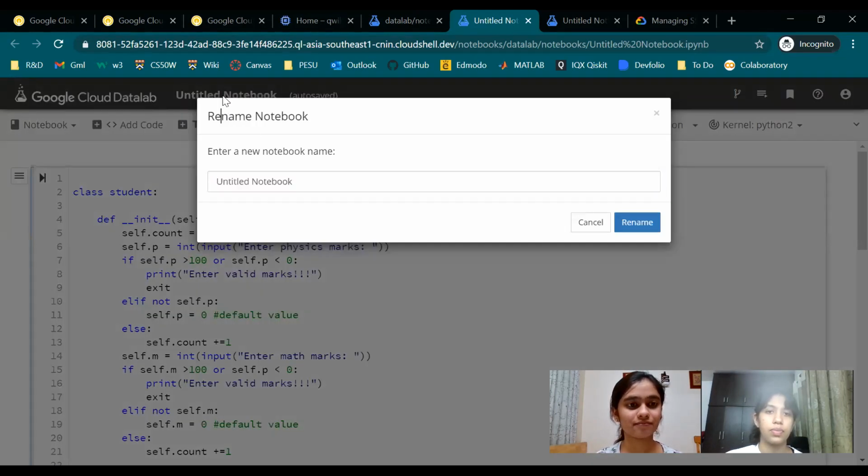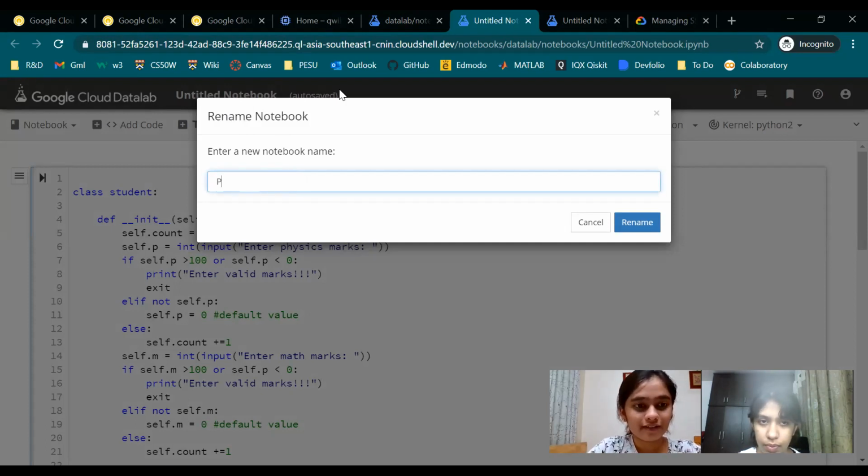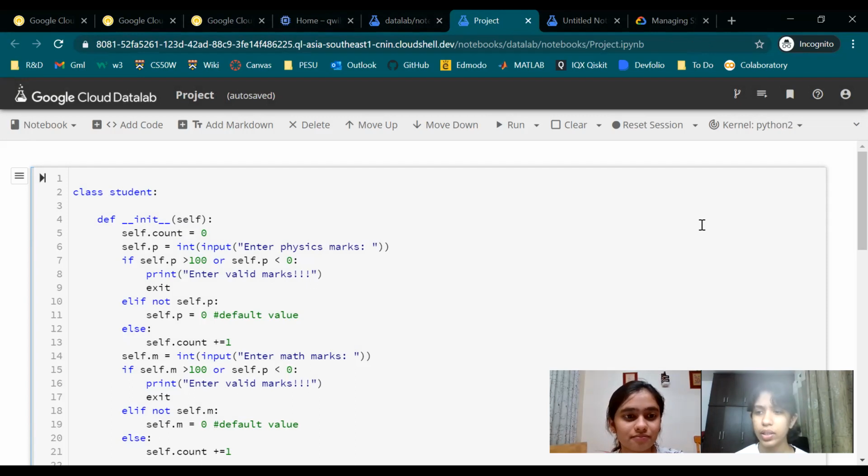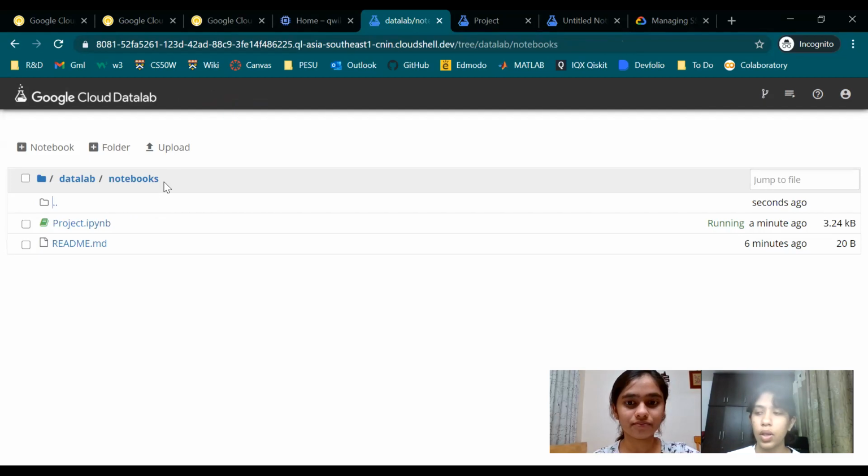Let's call it project. Okay, so now we'll go here. We need to click the Ungit icon in the repository, which is this.